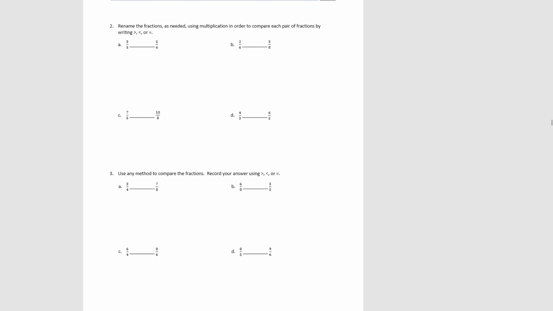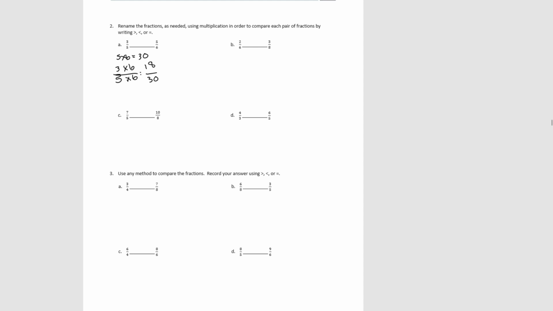Okay, for number 2, it says rename the fractions as needed using multiplication in order to compare each pair of fractions by greater than, less than, or equal to. So for this one, we're not drawing the area model, though if it does help you, you're welcome to do that. Pause the video and try A. Okay, for this one, our new denominator is going to be 30, the product of the two denominators. So for 3/5, we want to end up with 30ths. So we're going to multiply by 6